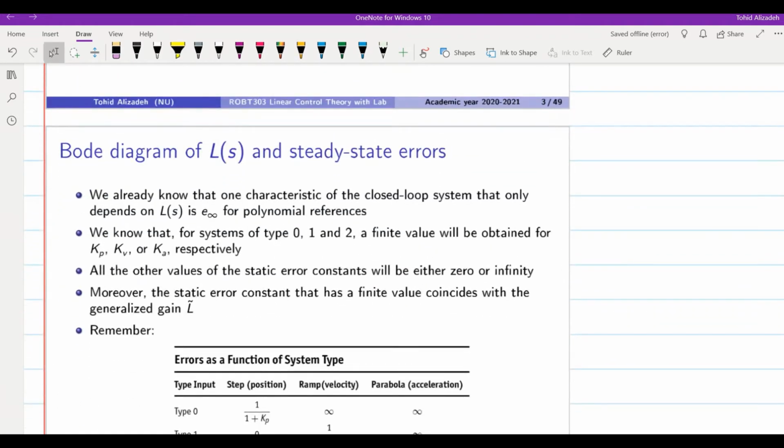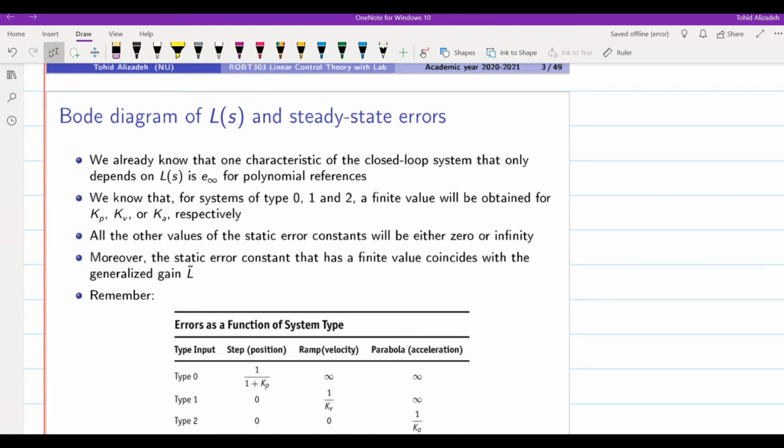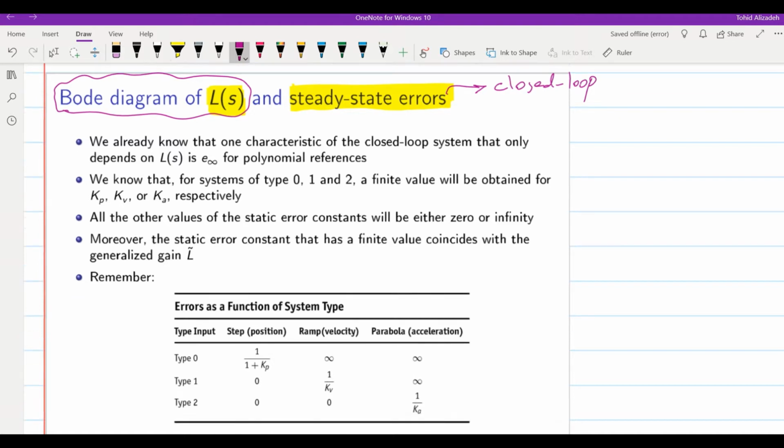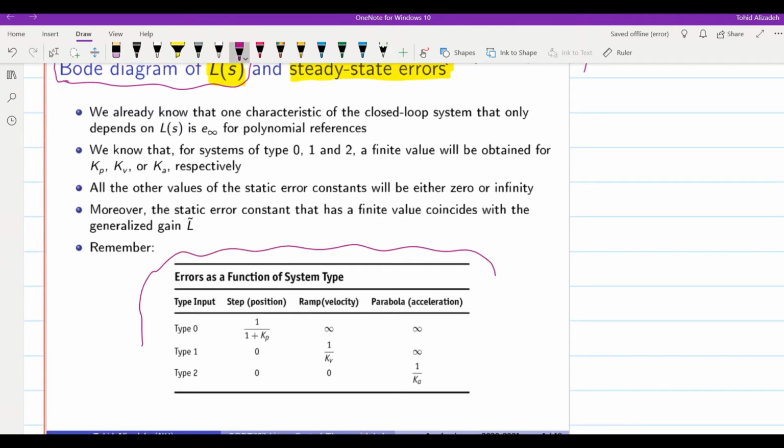Alright, so as the first step, let's have a look at how we can determine the steady state error for a given system by looking at the Bode diagram of L(s). The steady state error will be for the closed loop system. And we will have the Bode diagram of the loop transfer function, or L(s). Okay, so if you look at this table that we have over here, you should remember that the steady state error for the closed loop system could be obtained by